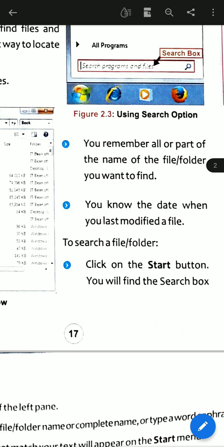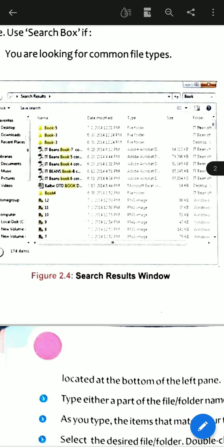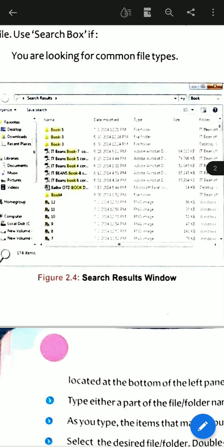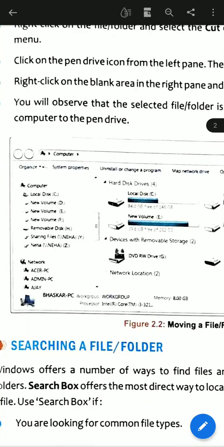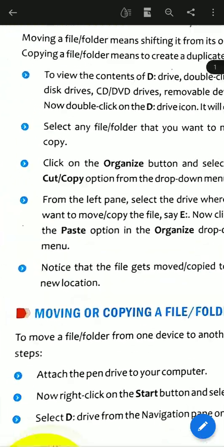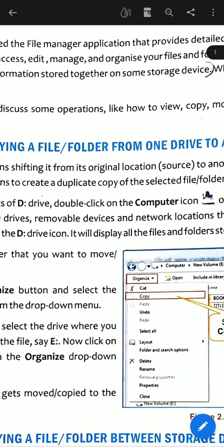The start button is located at the bottom of the left pane.